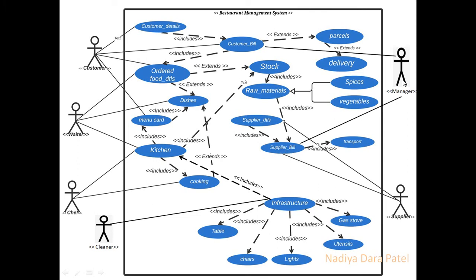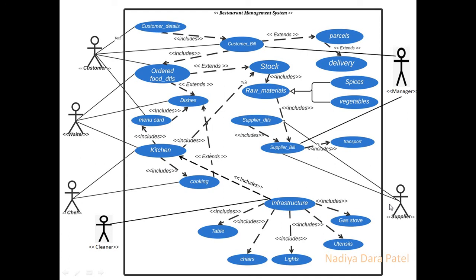So he is one person who is going to go through which supplier is supplying what raw material, paying the supplier, paying the bills of the restaurant and maintaining the customers as well. And supplier is going to be the one who is going to go through the supplier details and the bill. So this is how you draw a use case diagram step by step.